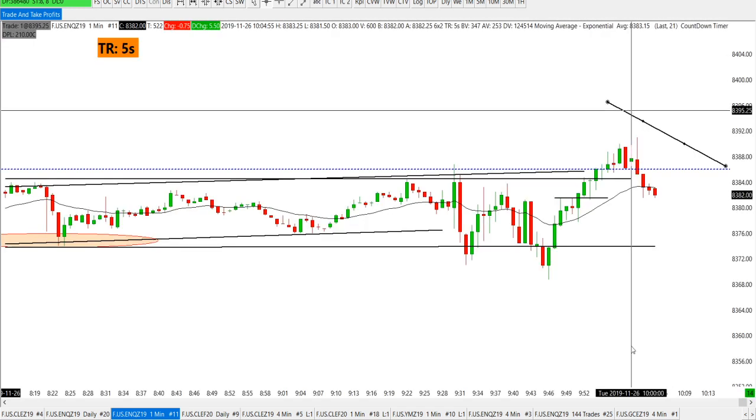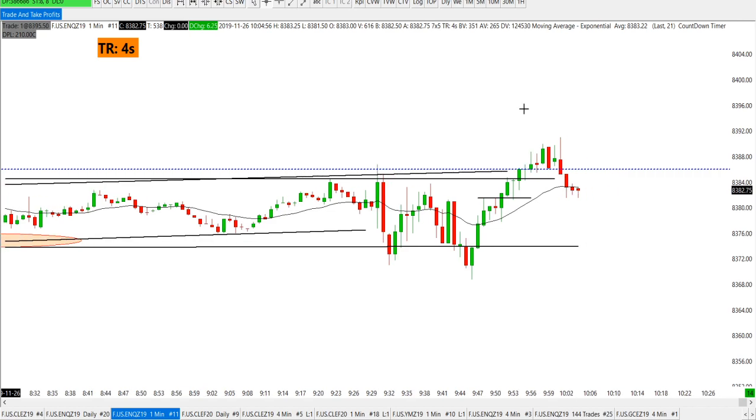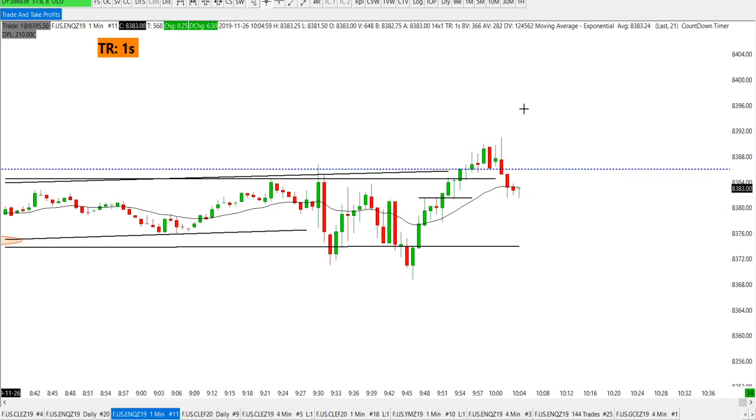So this is why it's very good when it comes to trading: don't let your bias get in the way. I don't care if you think one way, you always have to understand what the chart is doing, and you go from there. Don't be stuck on your bias. If you feel like the market is going up, don't just keep buying just because you feel like the market is going up.